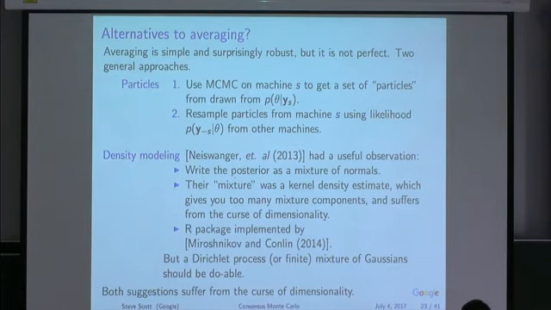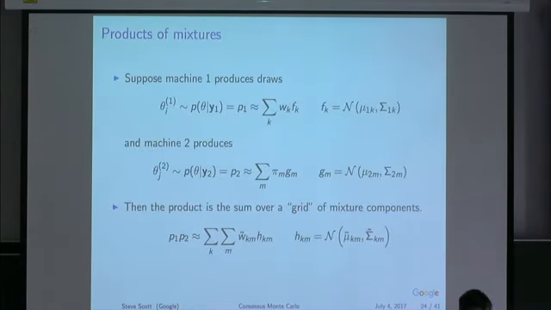My thought was maybe we could try this modeling thing, but model a mixture of normals instead of a kernel density estimate, and see how that goes. The way the mixture of normals idea would work is I've got machine 1, and I'm going to decompose it as a mixture of normals. So I've got a bunch of mixing weights W's and a bunch of normal kernels F's. My F's have mean mu and variance sigma, mu1, sigma1. Machine 2 is going to be a similar mixture, might have a different number of components, right? It's got mixing weights pi and mixing kernels g, so mu2 and sigma2, right?